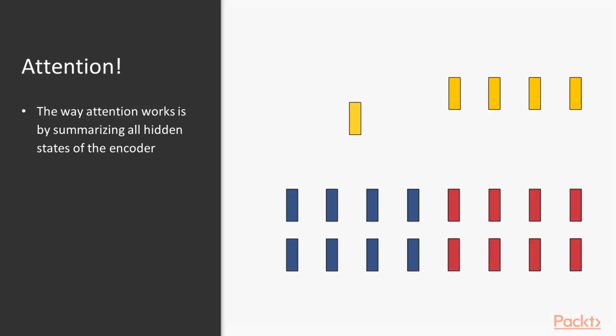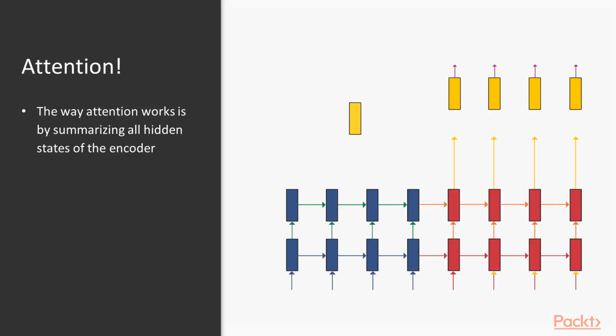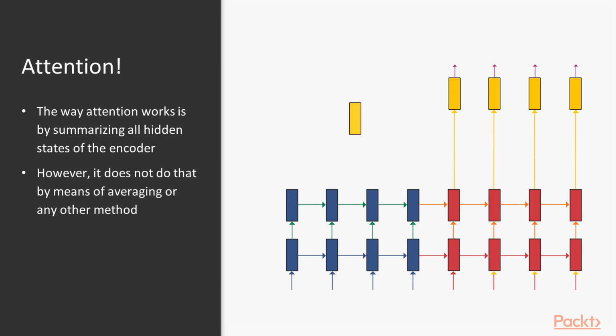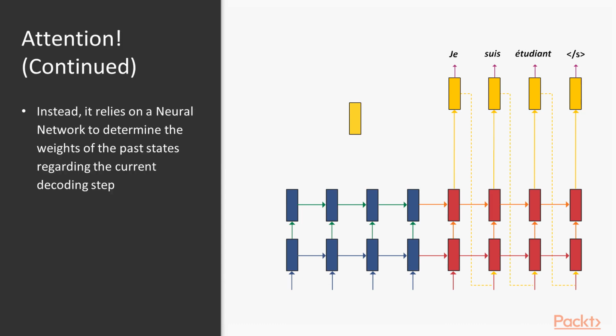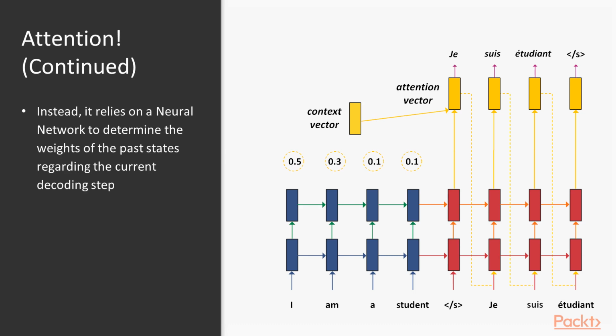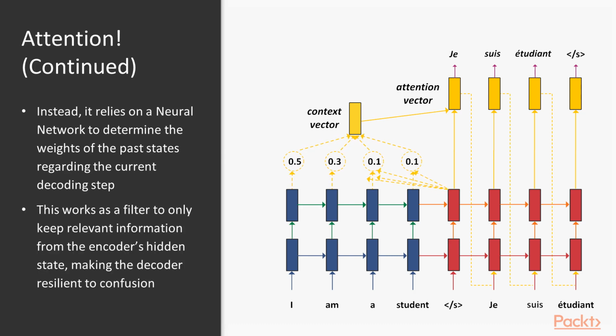Attention. The way attention works is by summarizing the hidden states of the encoder. However, it does not do that by means of averaging or any other method. The way it works instead, it relies on a neural network. This neural network determines the weights of the past states regarding the current decoding step. This works as a filter to only keep relevant information from the encoder's hidden state, making the decoder resilient to